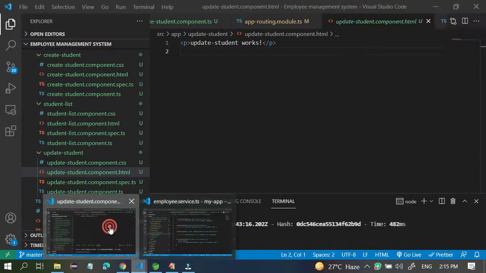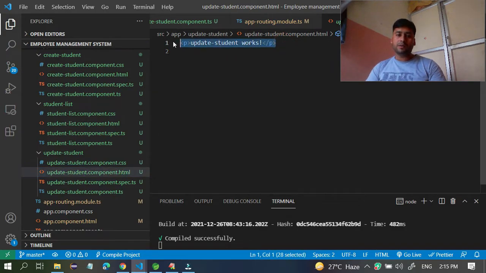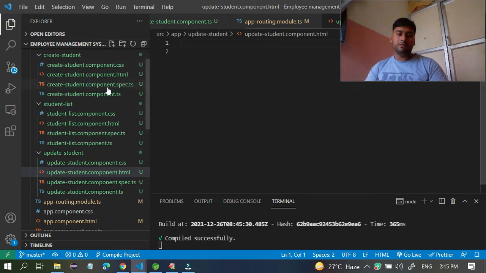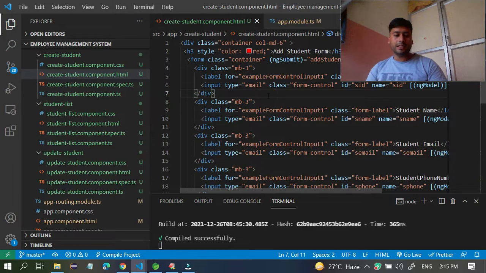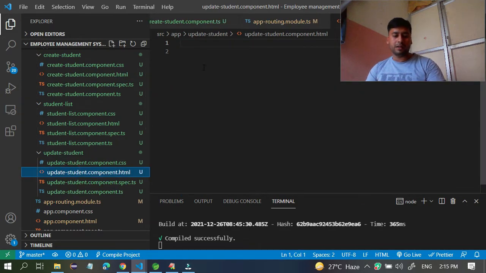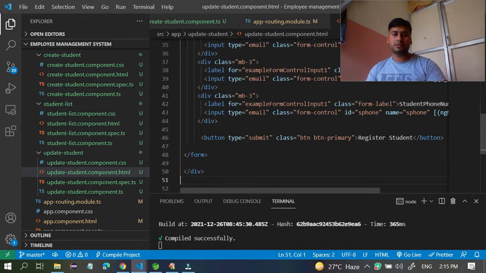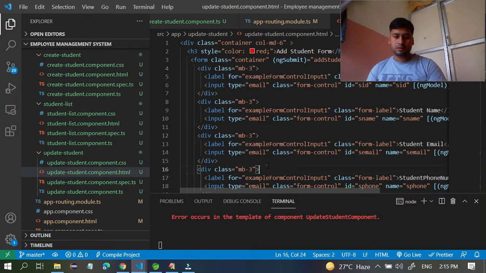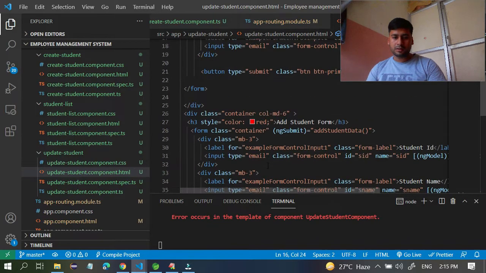So for this, what we require is that you have to create one form. So remove this one. Okay, and we already have one form called create a student. So this data you can reuse in your update student also. So go to the update student HTML file, and whatever you copied, just paste it. So add the template of the update student component.